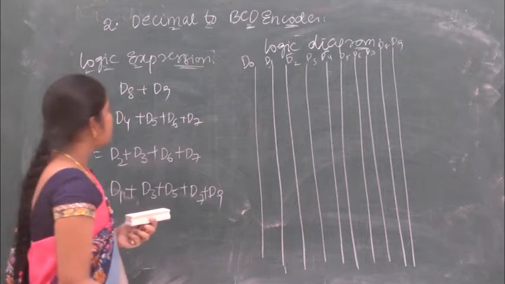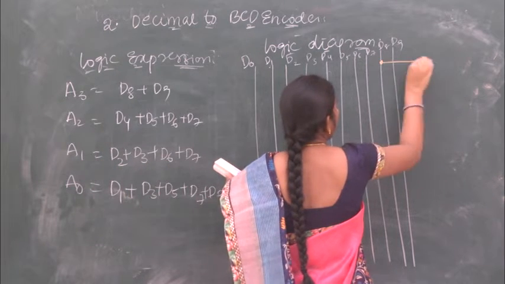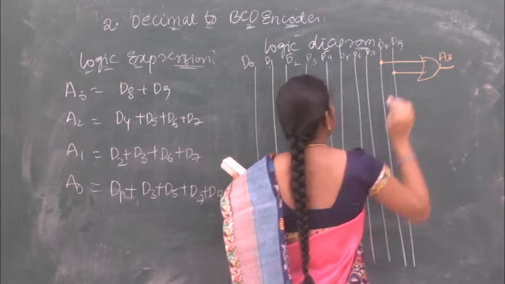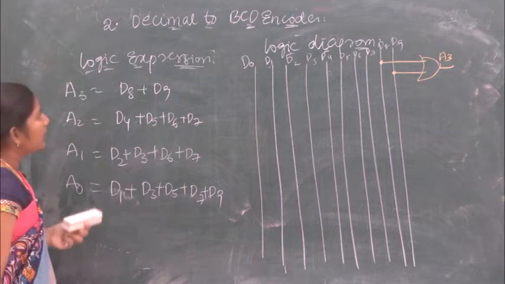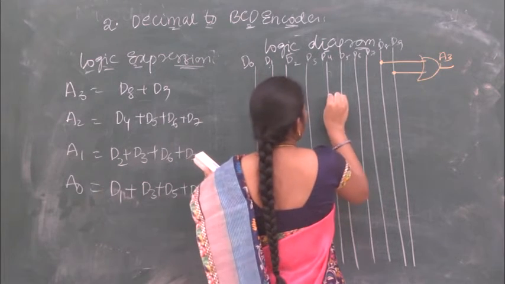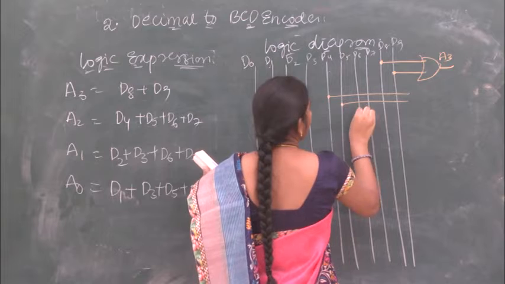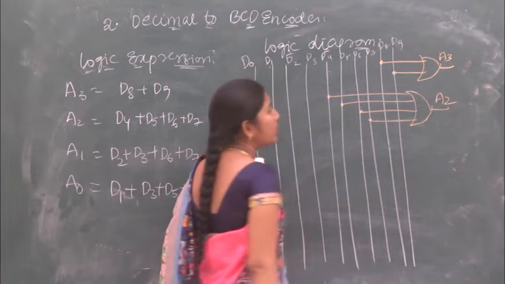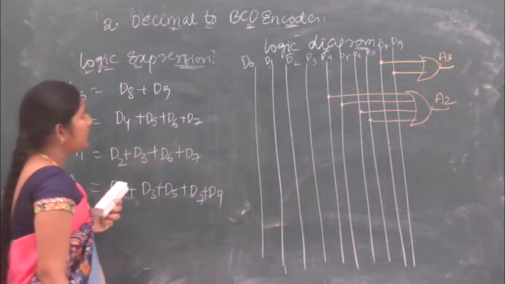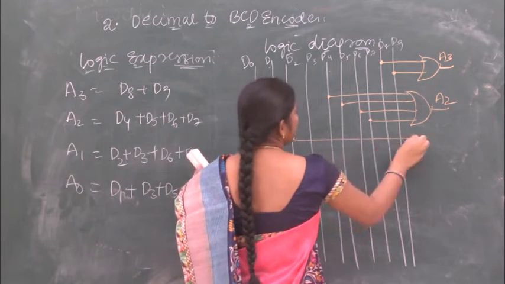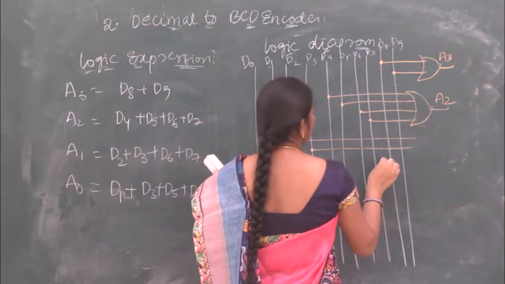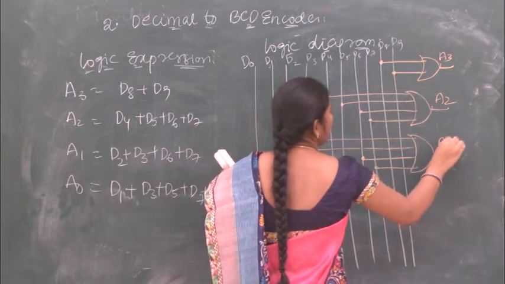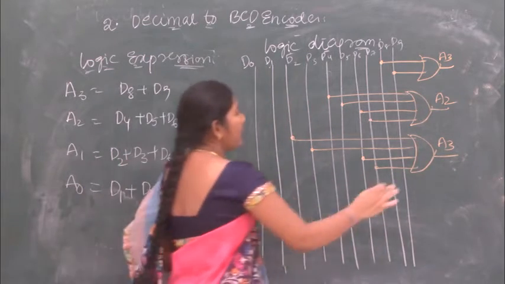So for A3 means D8 or D9, give it to one OR gate so that you will get the A3 value. A2 means D4, D5, D6, D7, which are ORed together to get A2. A1 is D2, D3, D6, D7 all together to get A1,